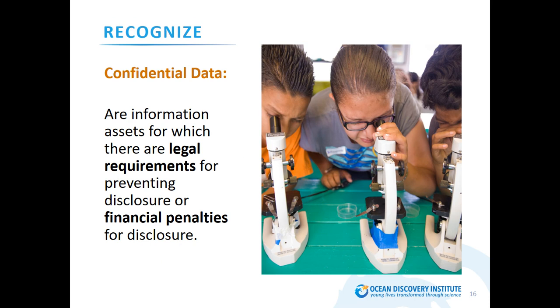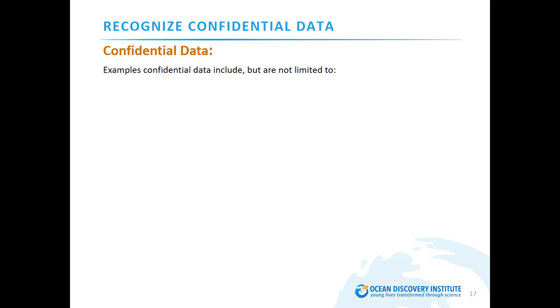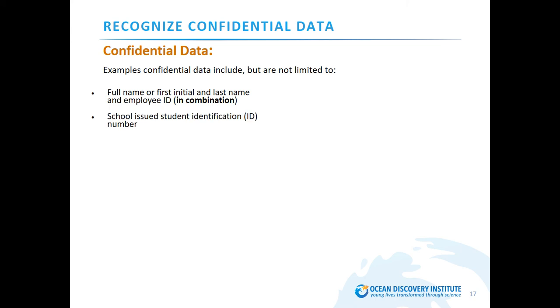Confidential data are information assets for which there are legal requirements for preventing disclosure or financial penalties for disclosure. Confidential data includes personally identifying information such as full name, or first initial and last name and staff ID in combination, school-issued student identification number, grades, other student enrollment information such as course registration, drop,